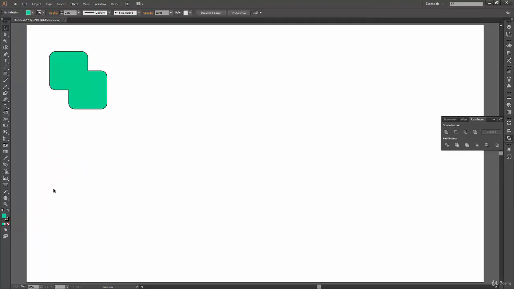Okay, so I'm going to delete this second shape, and here if I hover over these options at the bottom, the Pathfinder options, you can see I don't have any Alt plus click information. So yes, these options at the bottom will not work with compound path.